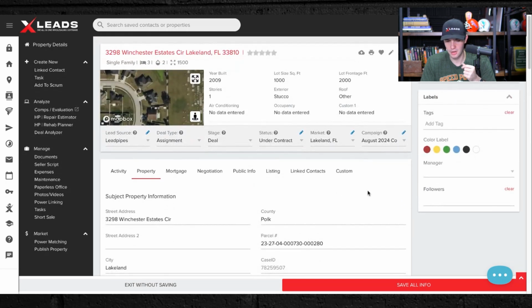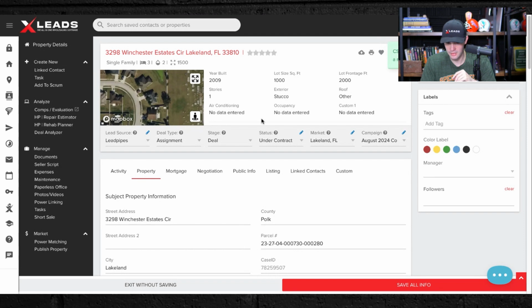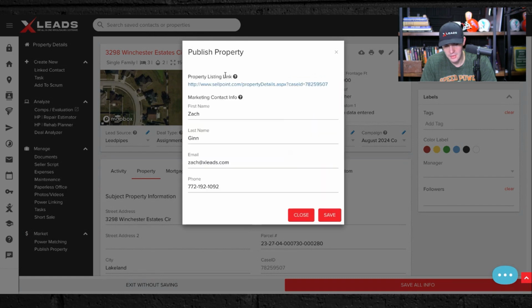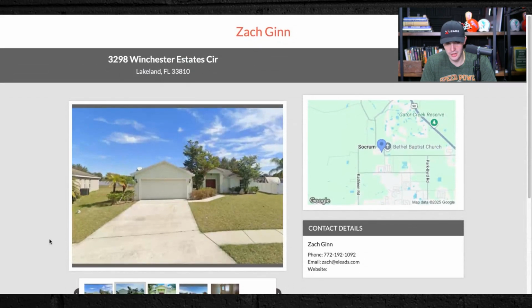And then you can push it over and then export it, right? CSV export's pretty cool, and then you can just import in Ninja Mode. But the point of this is you want to go out here and add your photos. So photos and videos right here, and then go to publish property. And as we know, you can create a little link on here, and then boom, you got your listing of the property,